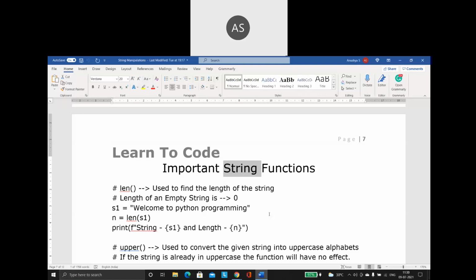It is not possible for us to discuss each and every function, so I'm going to discuss all the frequently used, important functions, the ones I make use of in my programs very regularly. Let us have a look at those functions.